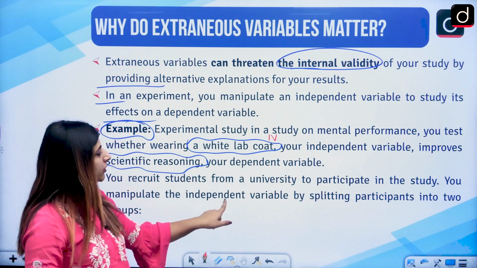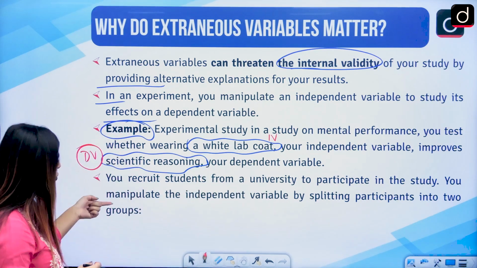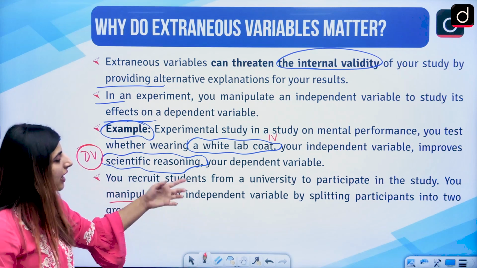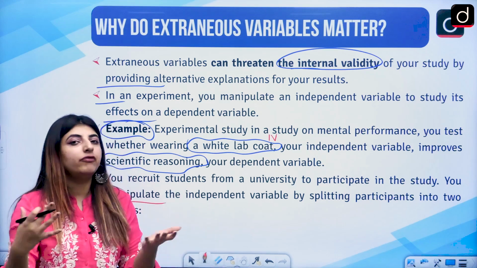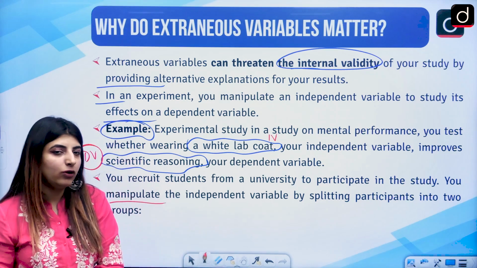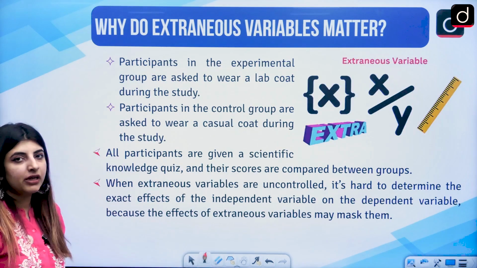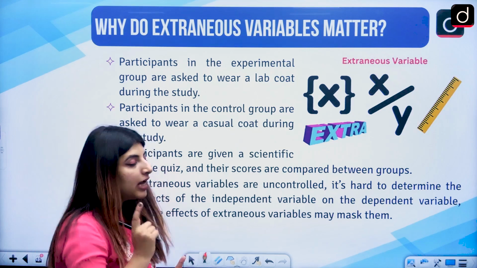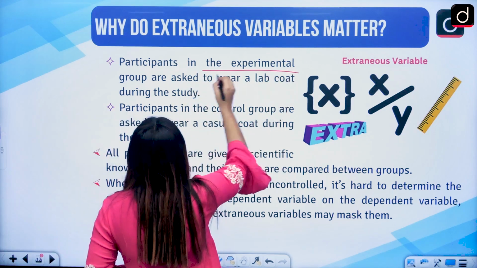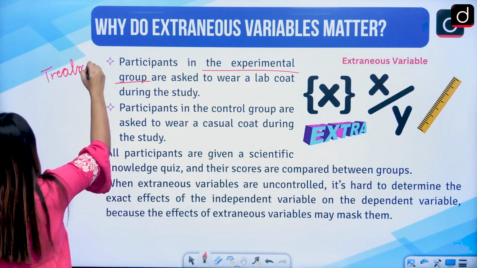You recruit students from a university to participate in the study. So you manipulate the independent variable, that is, some of them you provide with the white lab coat, some of them you are not providing with any coat, right? By splitting participants into two groups. Now we have two groups that we have talked about in the previous video as well. One group is known as the experimental group or the treatment group as well,